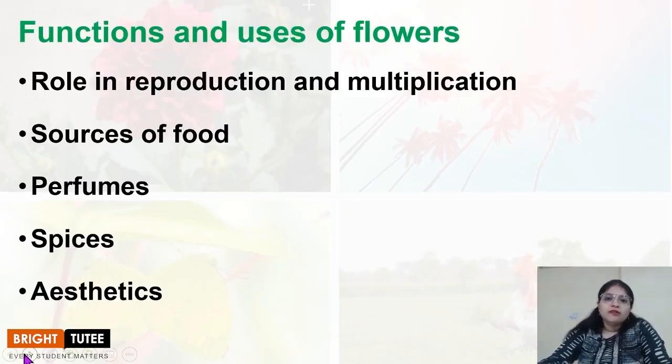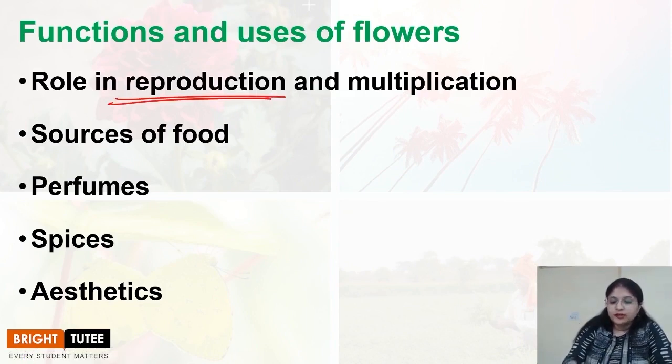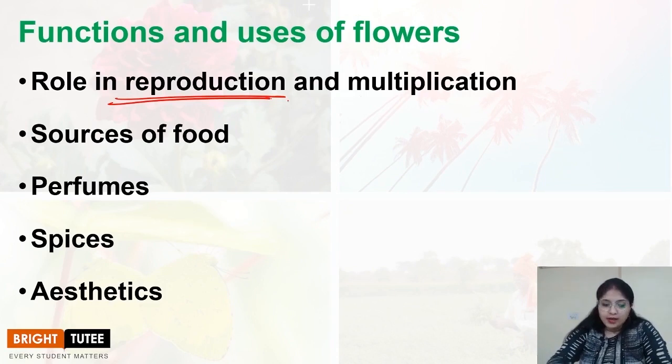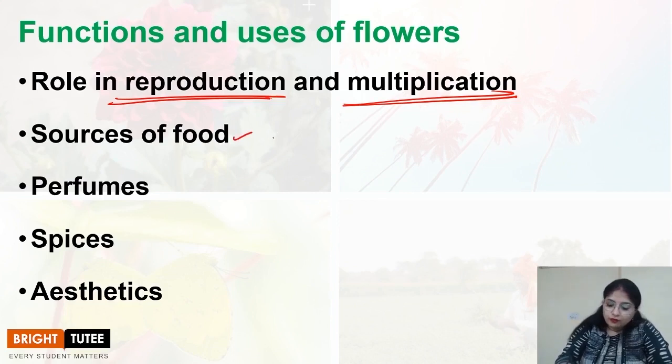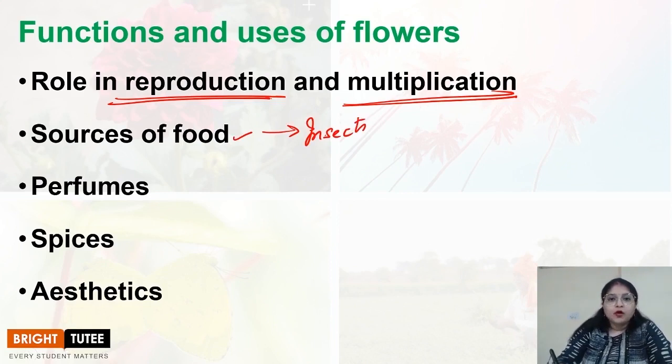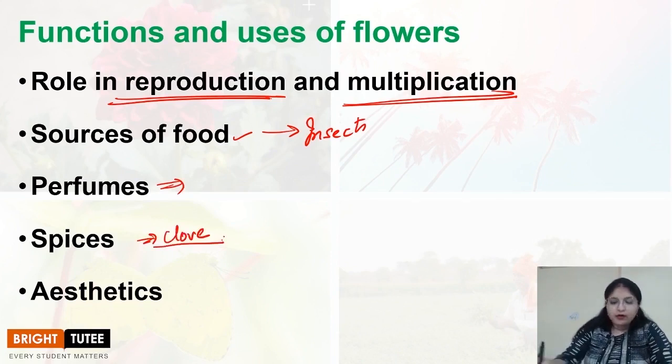Now let's understand the function and uses of flowers. First of all, the very important function is that flowers have a role in reproduction and multiplication, and you will study about this role in your further classes. Then it is a source of food for the insects because it provides nectar. Then because of the nice smell, it is also used for perfumes. Then it is also used for spices. For example, the flower of clove is used as a